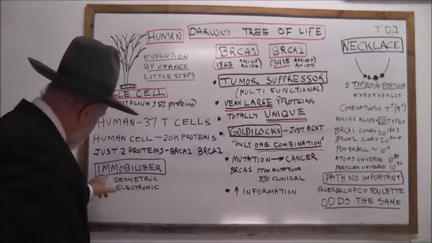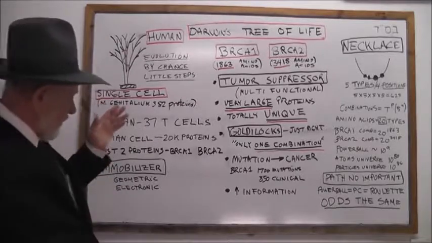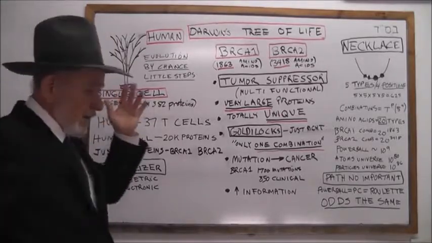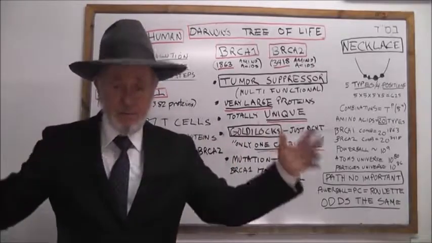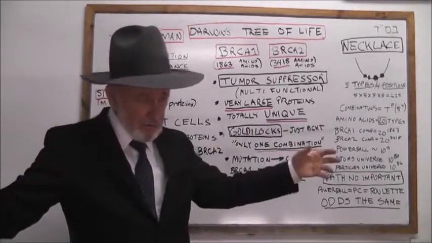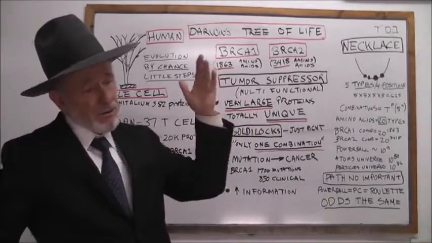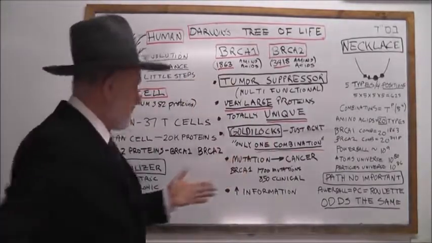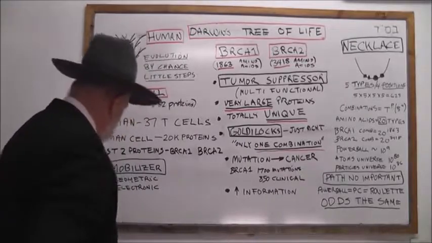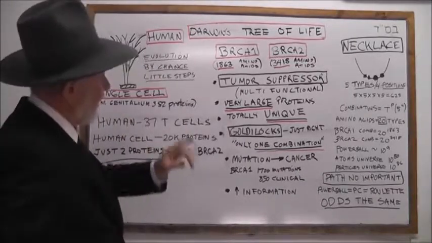Each protein has a geometric and electronic component which makes it very specific. Proteins are made of amino acids, a long chain of amino acids. If one of these amino acids is missing or is being replaced by a different amino acid, etc., these two things get messed up, and the protein cannot work properly.